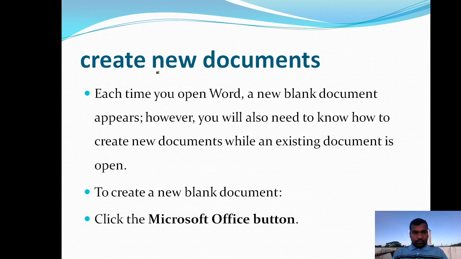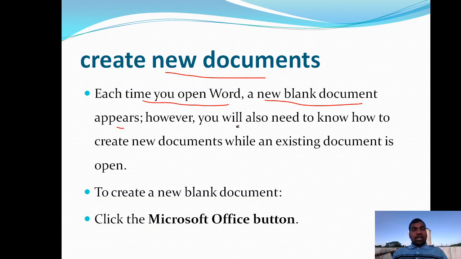Next, if you want to create new documents, as you are new to Microsoft Word, you need to know how to create documents. Each time you open the Word software, a new blank document appears.